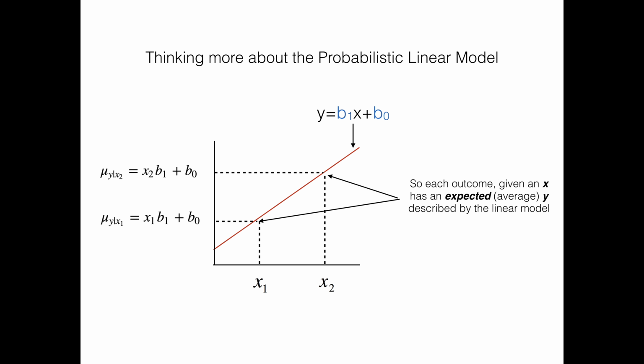And how wrong it tends to be. Okay, so here's what we say. Each outcome given an x has an expected value, which is other terminology I don't know if I've used. Another way of saying the average value of something is its expected value, basically what you expect over lots of iterations on average. So given some input x, say x1 and x2, our model predicts some average or expected value y